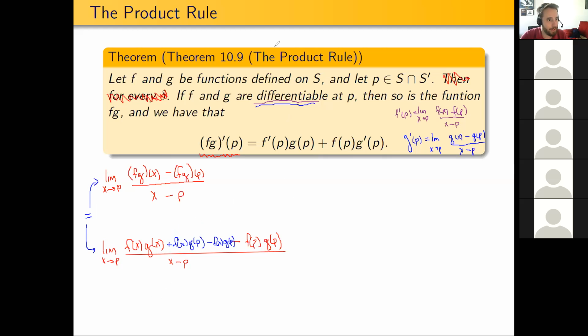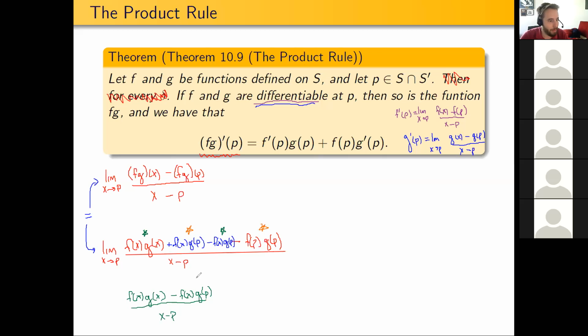And I'm going to do that as follows. I'm going to take this first piece, and I'm going to take this third piece, right? And those will be my green pieces. And so taken together, I'm going to write this as f of x g of x minus f of x g of p all over x minus p. That's my green piece. And then for my, let's say, orange piece, I'm going to take the second and fourth